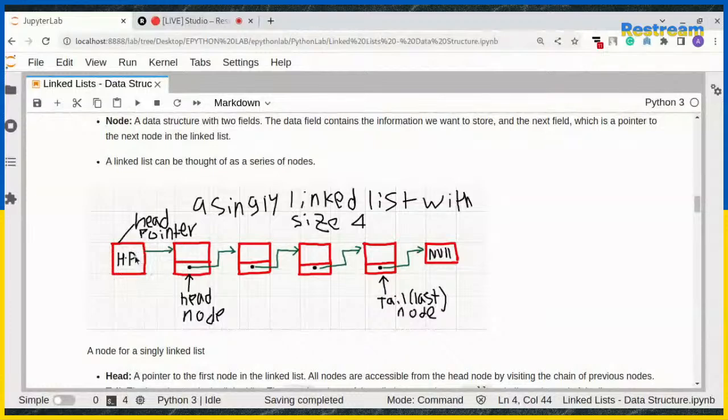The head pointer directly points to the first node, which means it contains the address of the first node in computer memory. And once the head pointer points to the first node, the head node also contains the data field and the next field, and the next field connects or points to the next node,